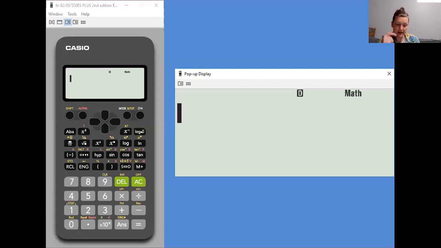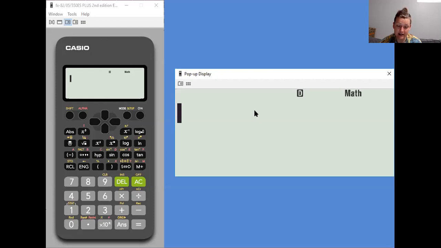Okay, so here you can see a graphic of what my calculator looks like. On the right-hand side is a giant pop-up of the screen. You can see up here, mine has the little letter D, which means that it's currently in degrees. But if it had a letter R, or some calculators just show nothing when it's in radians and show a D when it's in degrees, or the other way around. I know it's confusing. I wish we all had the same calculator, but we don't. So if you needed to change it,